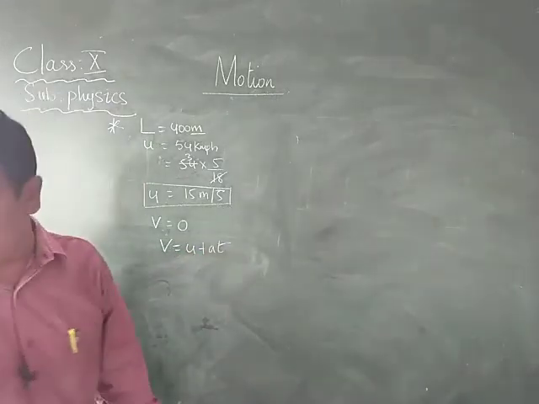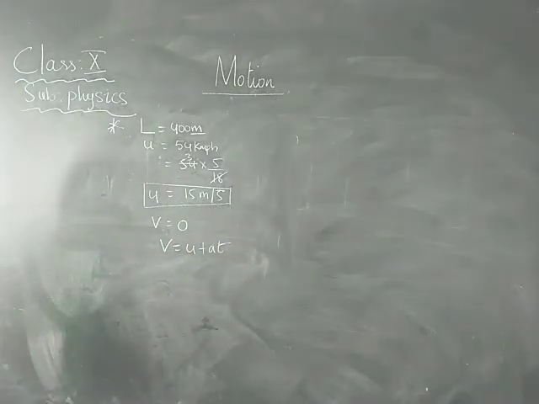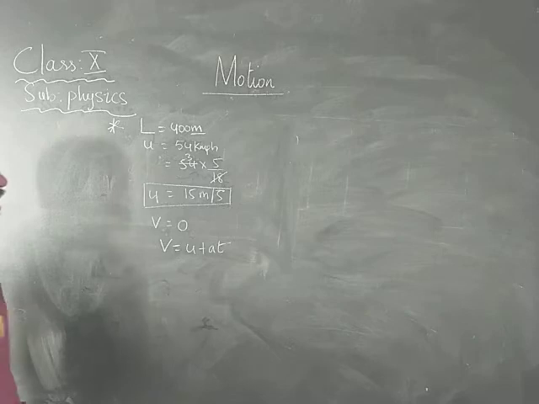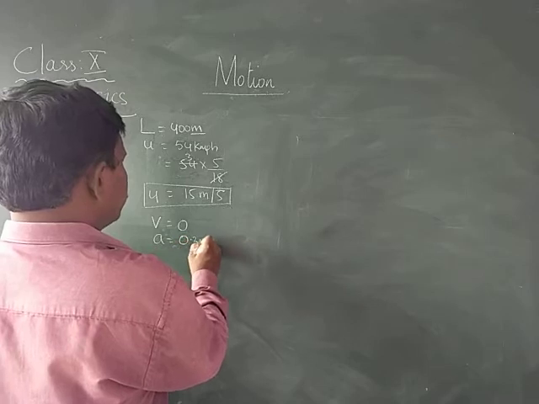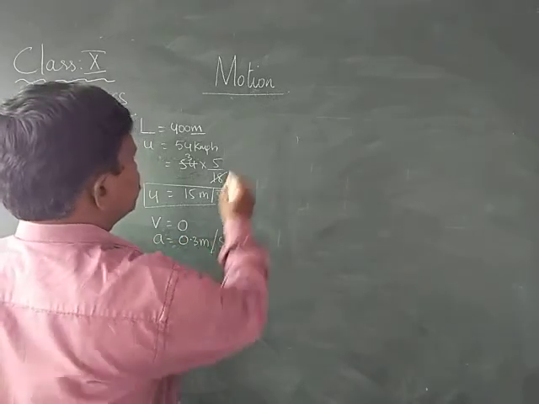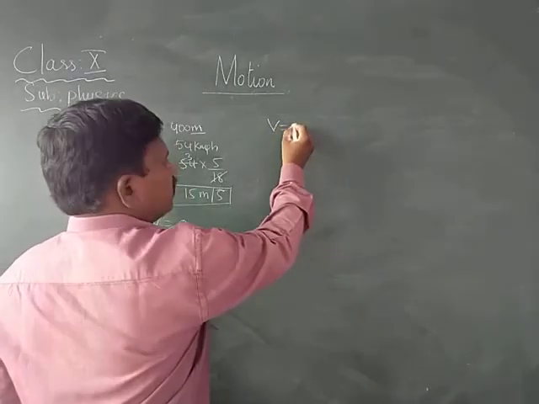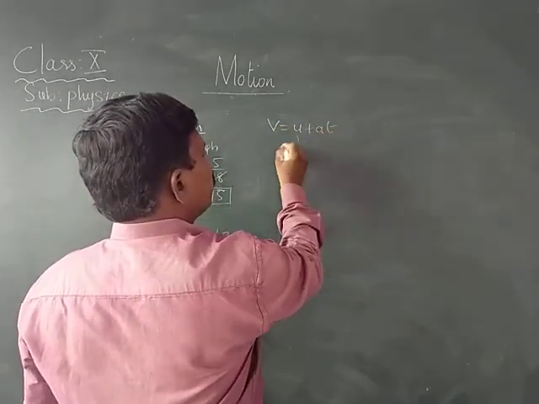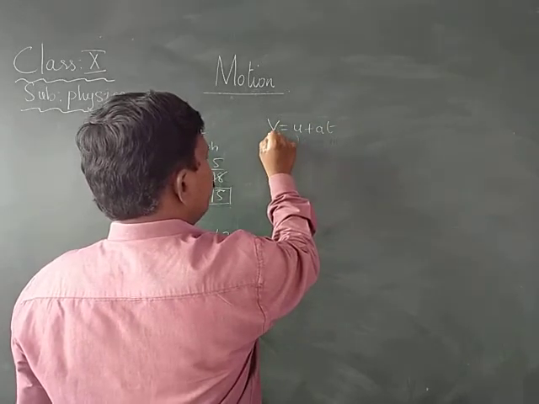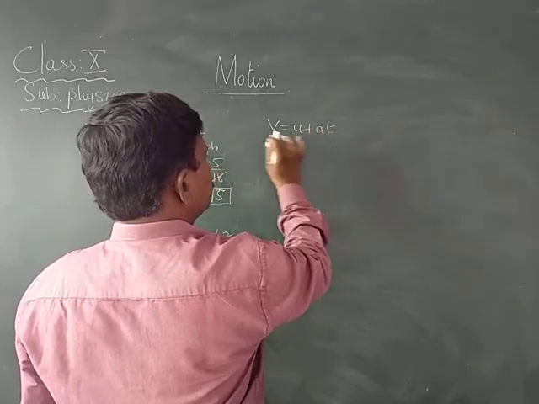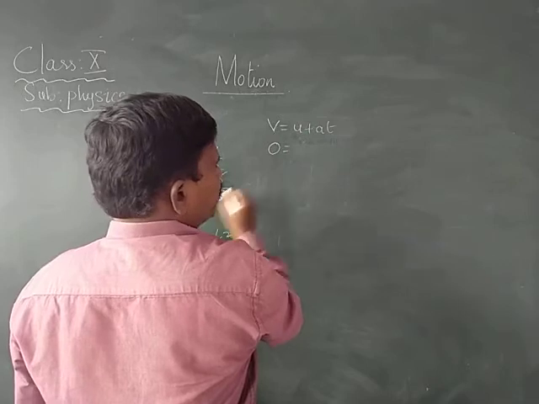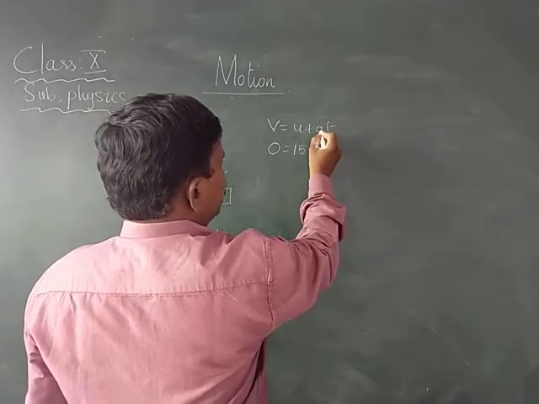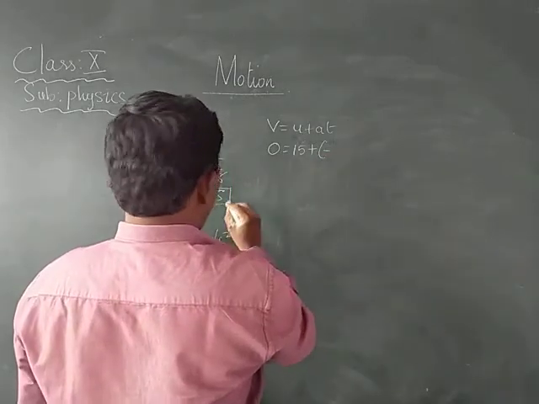And here he has given the acceleration also. In 1 minute of the application of the brake, its acceleration is 0.3 meter per second square. Therefore, by using the formula V is equal to U plus AT, we can find it. Here V we know, U we know, but here it is a deceleration, so A is minus 0.3. V is the final velocity, which is equal to 0. U is the initial velocity, 15 meters per second, plus A, which is given as minus 0.3,